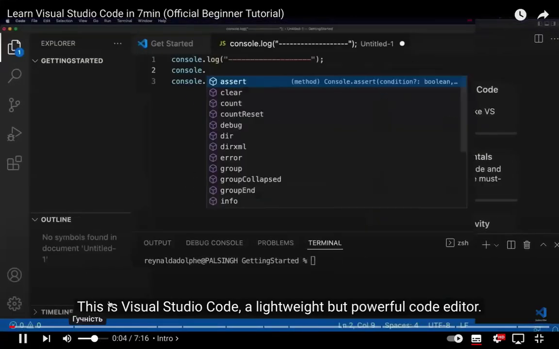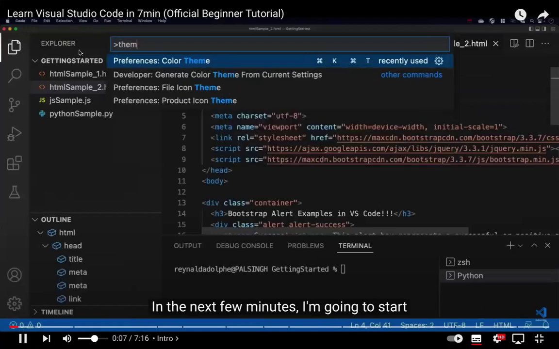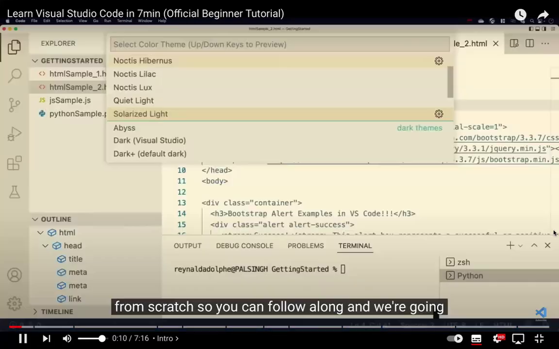This is Visual Studio Code, a lightweight but